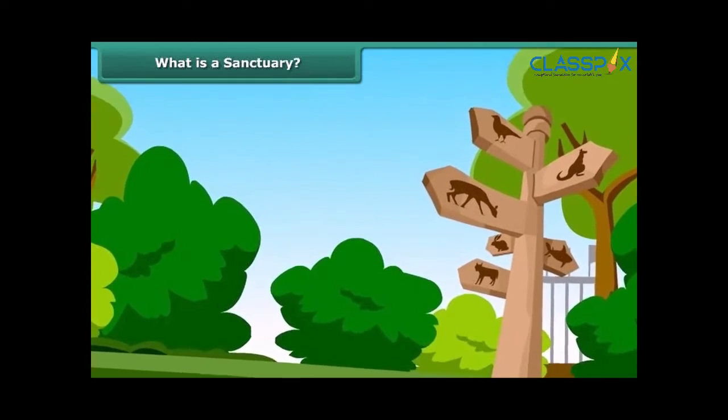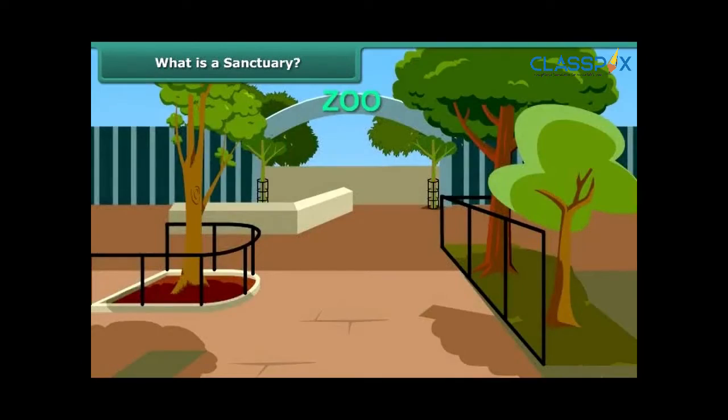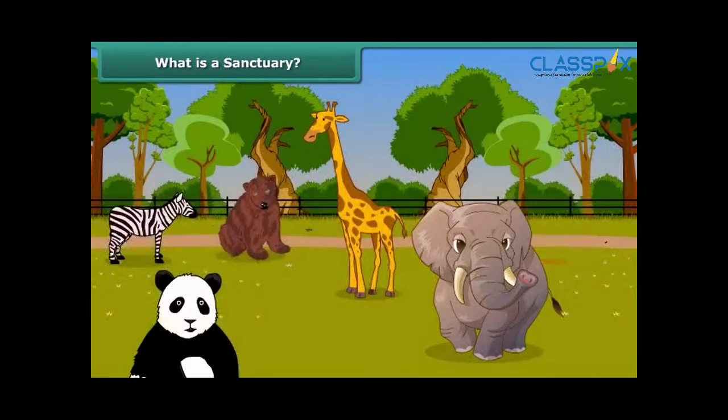You must have visited the zoo in your city. Zoos are the places where animals receive protection. Can you differentiate between a zoo and a sanctuary? Well, in zoo animals live in artificial setting, whereas sanctuary serves as a natural habitat to the animals, which makes animals more comfortable there.